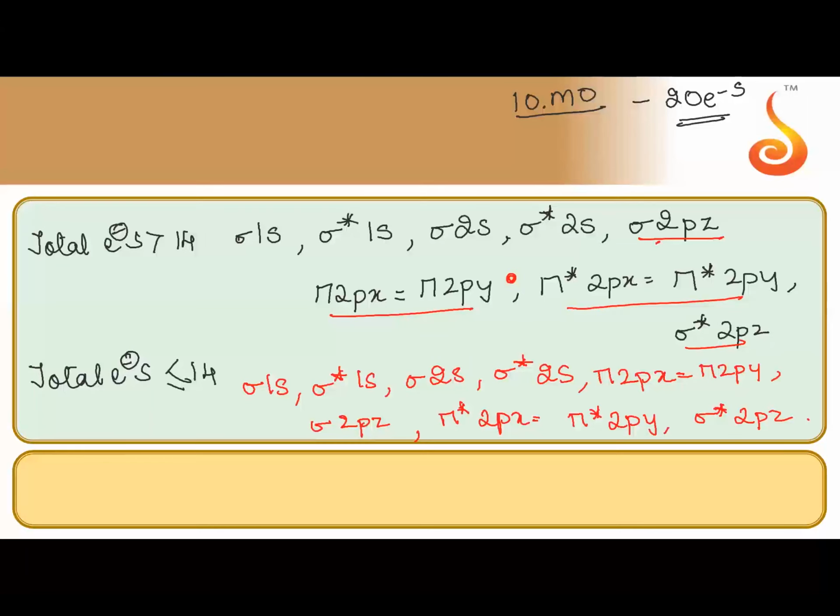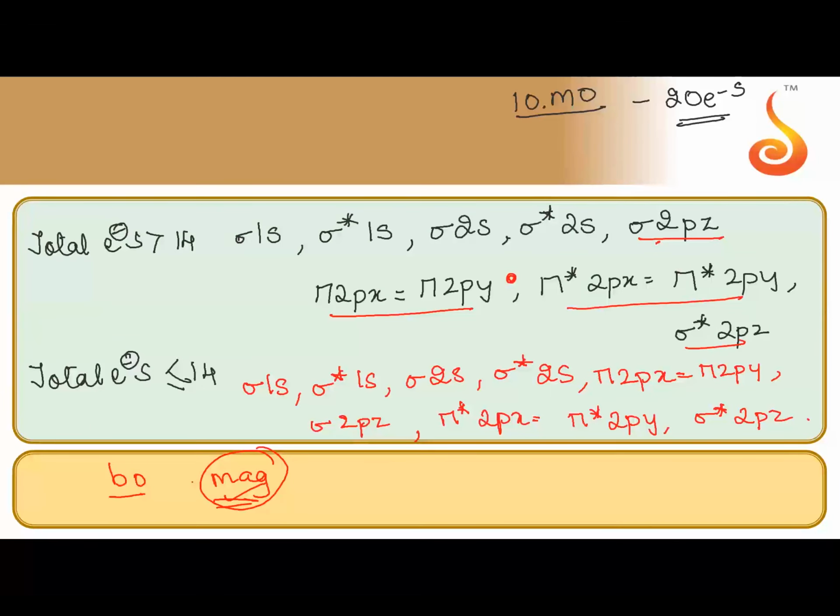Now, let's apply this concept. So what is the use of this? Now, this tells us mainly about the bond order. And then you can also tell about the magnetic property. Magnetic property, by now you know, if there is a single electron, an unpaired electron, that means it is paramagnetic. If it has more unpaired electrons, then its magnetic property increases. If its unpaired electrons are decreasing, then we will say it is becoming less paramagnetic. If it is zero, then we call it diamagnetic. So magnetic property, you know how to tell. You should just know how to write the configuration correctly.